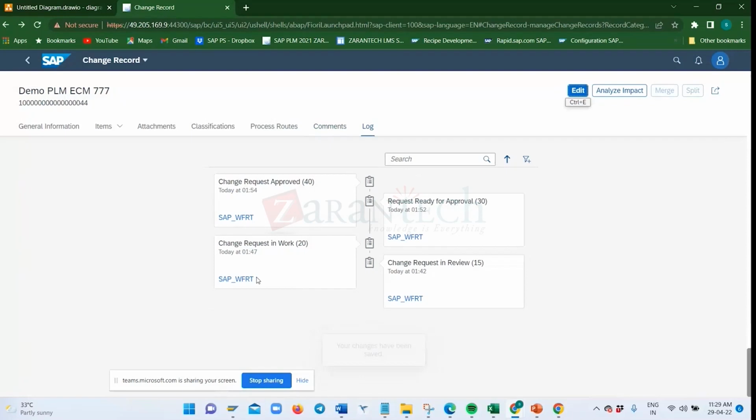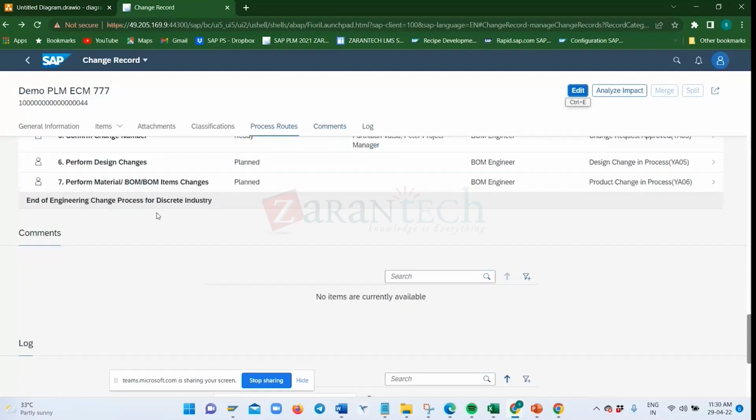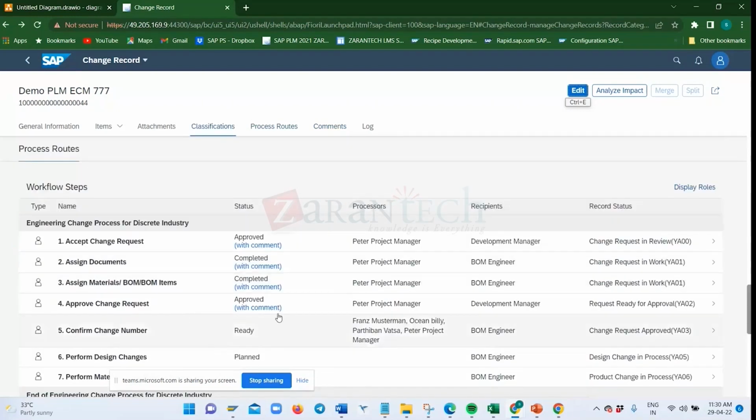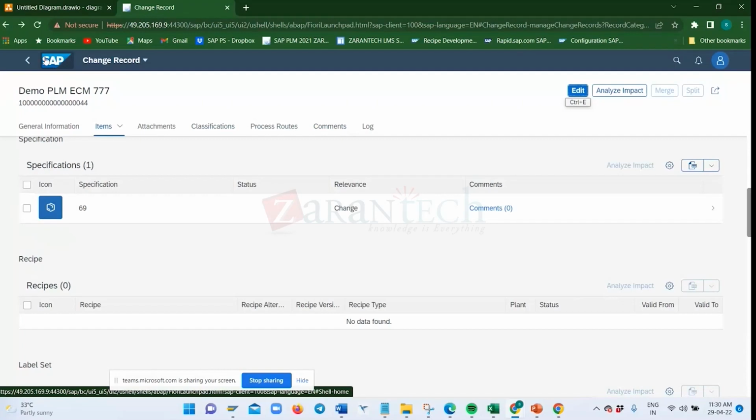Now here, as per this 2021, they have also given this functionality. I was not aware, and I can see here that the log is also shown within this change record only, not only in my inbox. So once I approve this confirm change number, once the change implementation is done, then